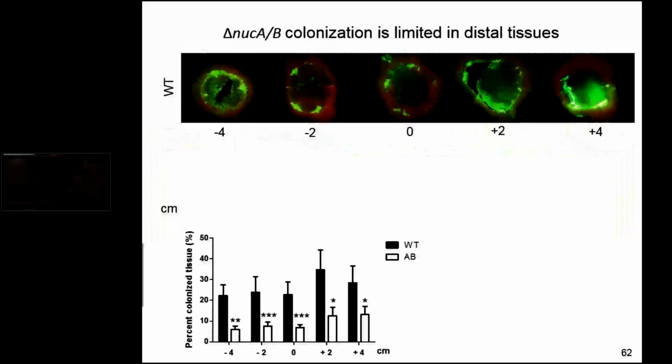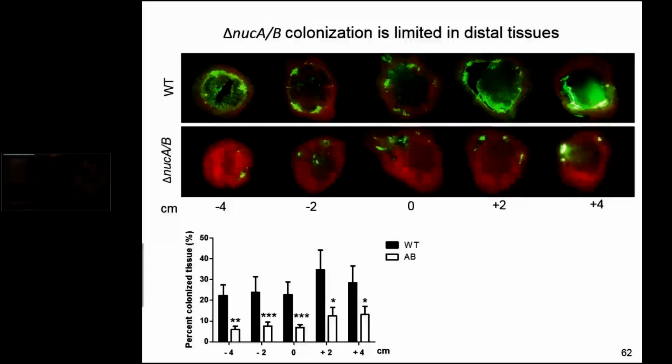And this just shows the numbers, even more important, just like with group A strep. So this shows the wild type, and you can see the growth of the bacteria moving through the vascular system. So this is 4 centimeters from the start on both sides. The green represents the presence of the bacteria. The next slide shows what it looked like with the nuke